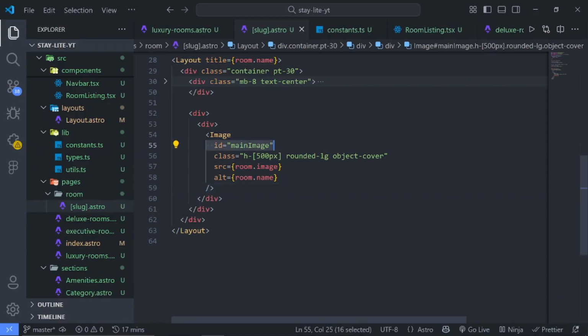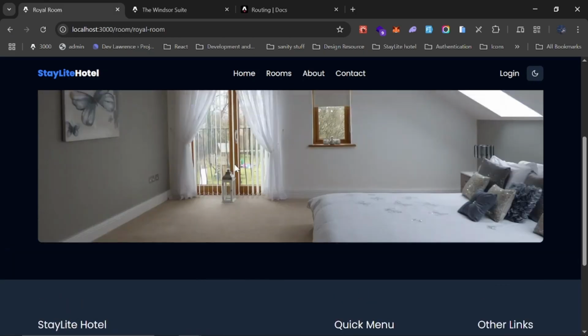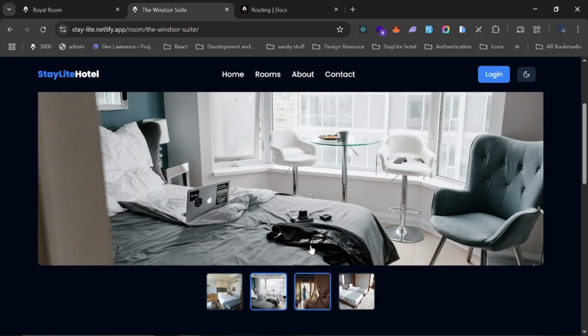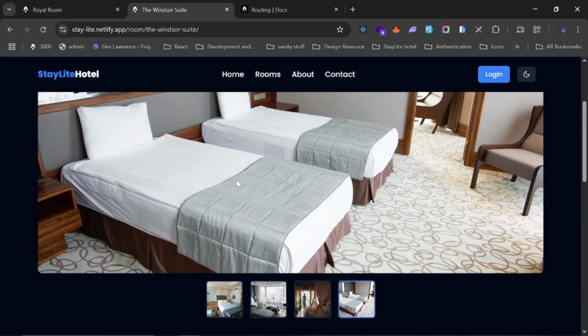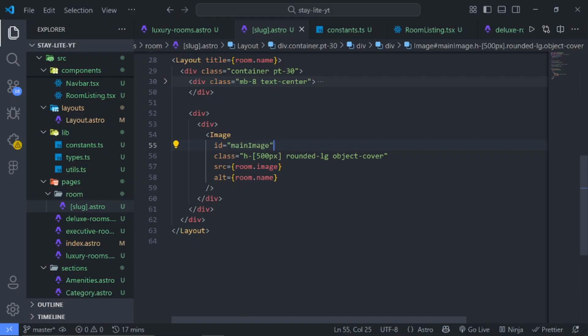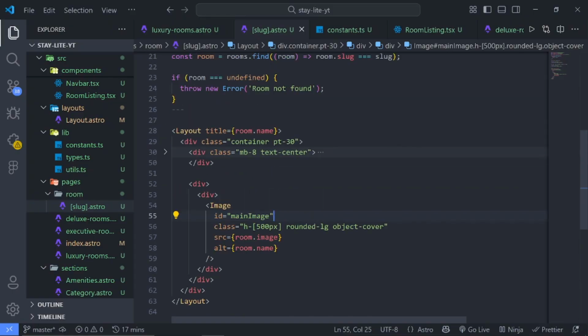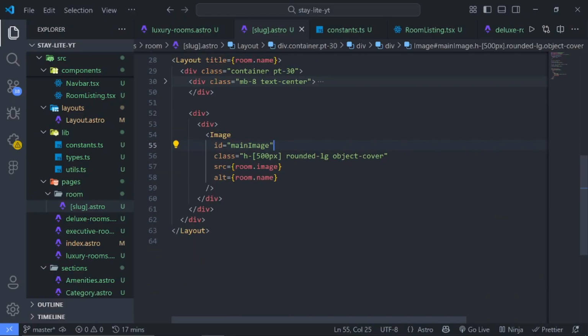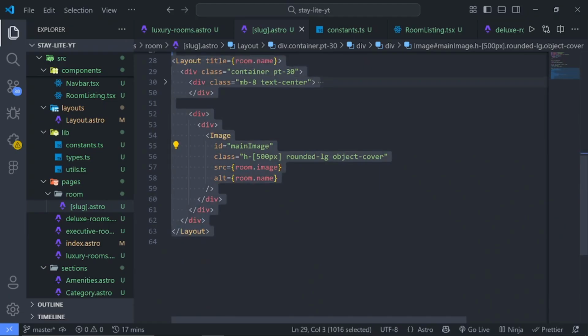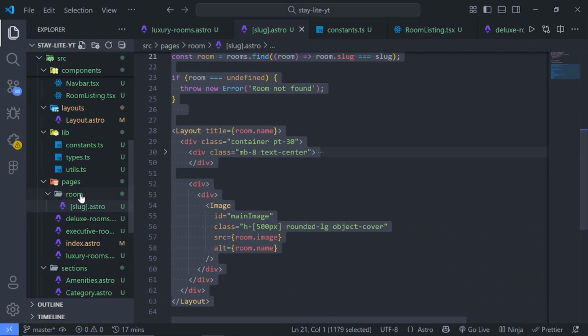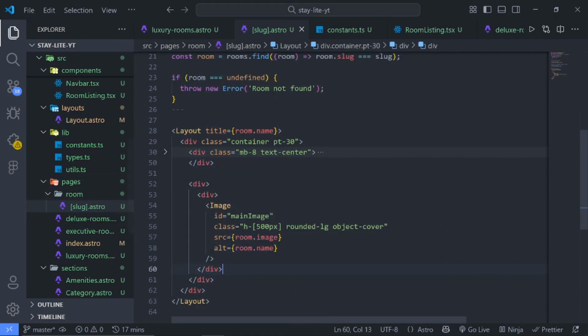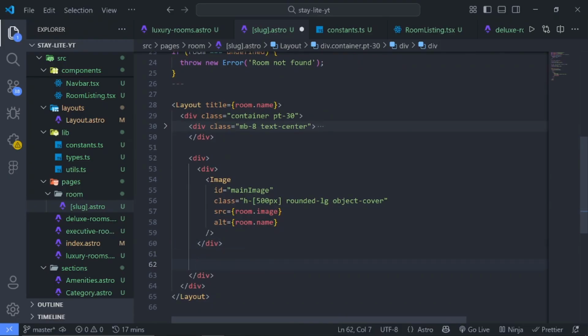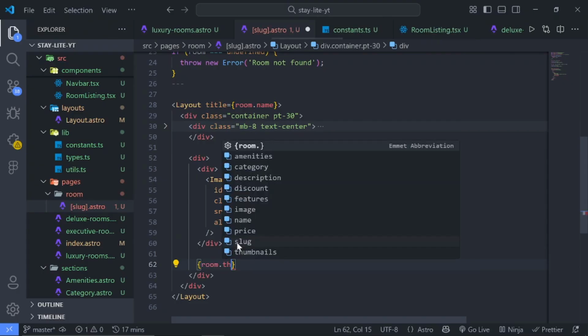So the essence of us putting this ID is to toggle between or show each of these thumbnail images on this main one. So I'll be using the script tag here. I won't use React for that. I still want to show you how to bring in the script tag and scope it to just this particular file, which is this log.astro. So under this div right here, we'll have to map over the thumbnails,